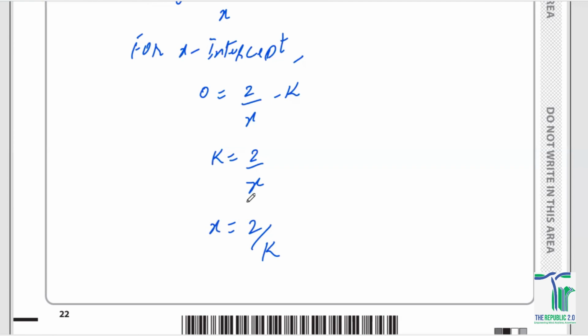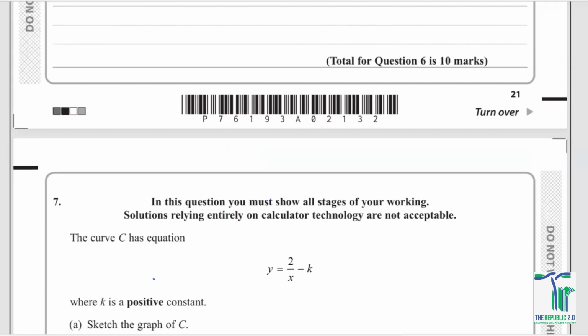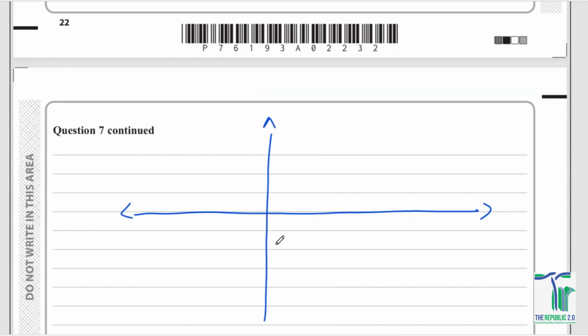And apart from looking for the equation for the x-intercept, the other thing that we're going to do is to look for the equation of asymptote. And the equation for asymptote, everybody can see that it has to be y is equals to negative k. So if you want to plot it down, the graph of this equation would look like, for example, this point is negative k, and somehow this point has to be 2 upon k. So I've got myself the x-intercept. I'm just going to redraw it like this,